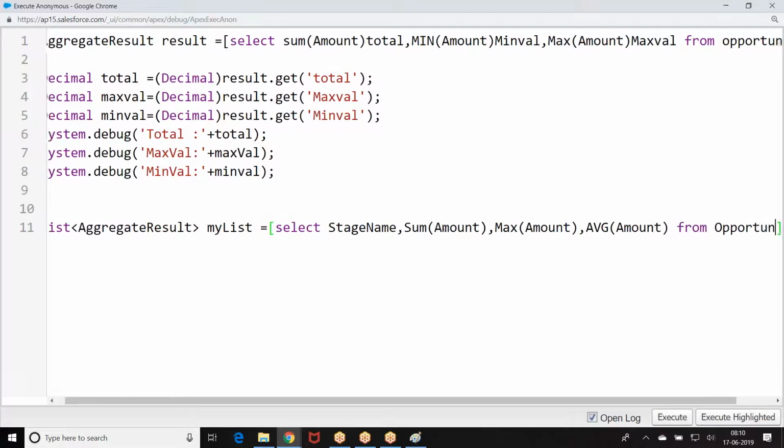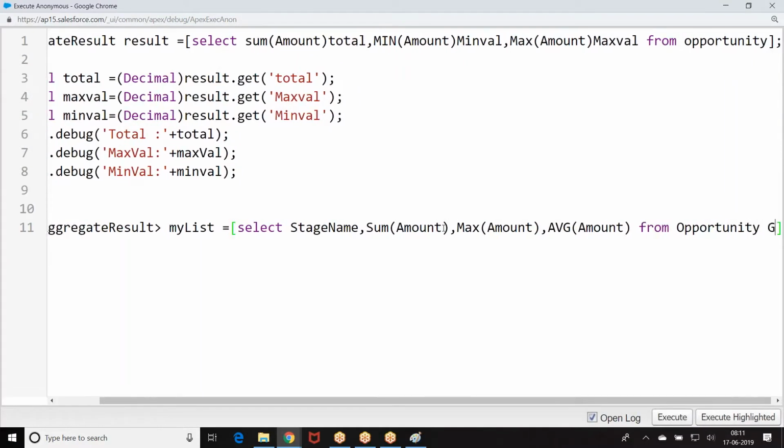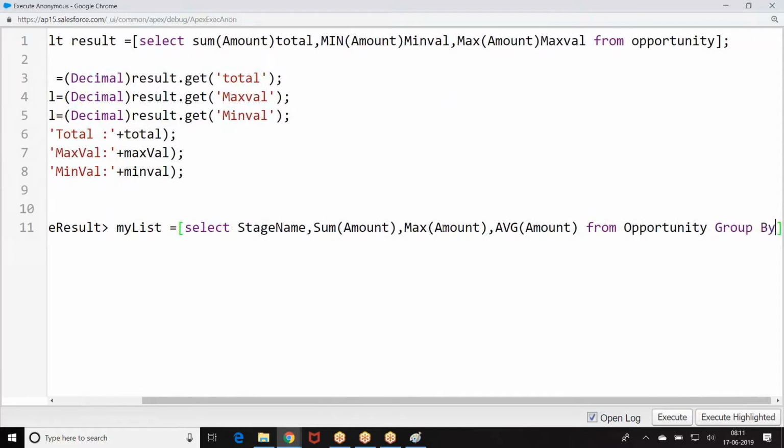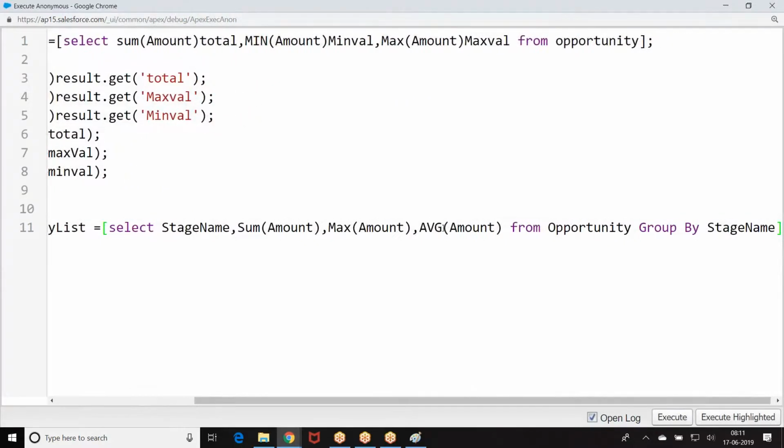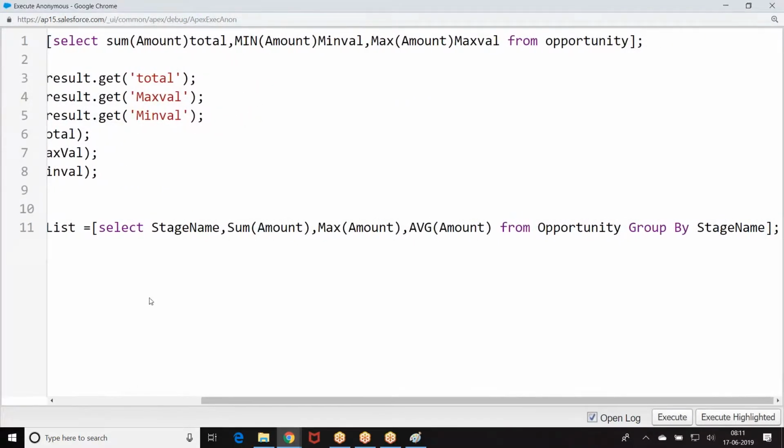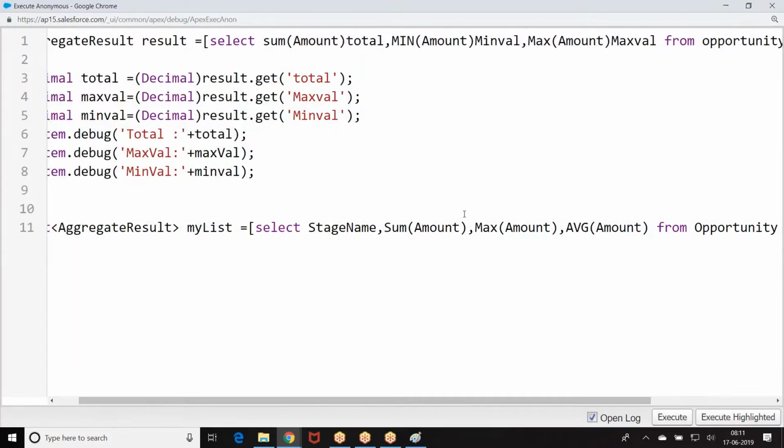From, group by stage. How are you getting it? Grouping the data based on stage.